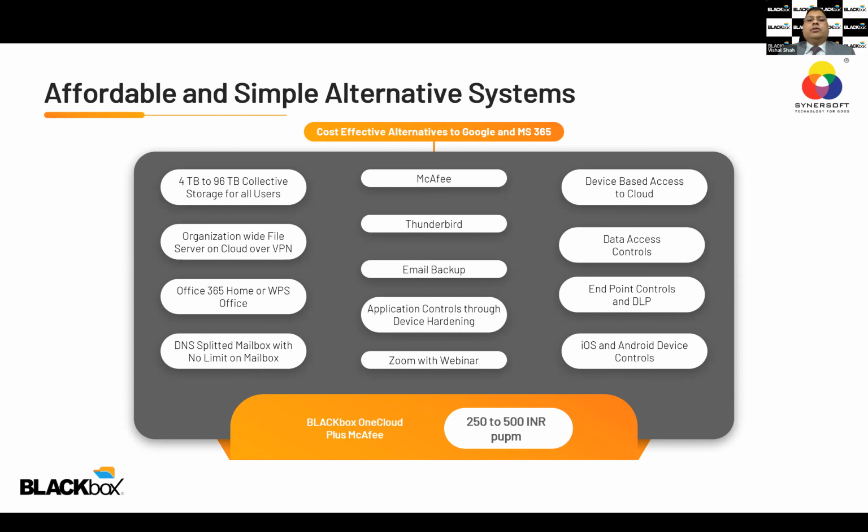Tell me something more about DNS splitter inbox. I think I've explained, so I will explain again in the next 2 minutes. Let's say you have 50 accounts and you want 4 or 5 accounts to use Google or Microsoft, and the rest of the accounts you want to use some other service. Then you can have only 4 or 5 accounts, add one more account, make it a journal or catch-all account, and let all other users' mails be stored in that particular account. Attach DNS splitter technology with it.